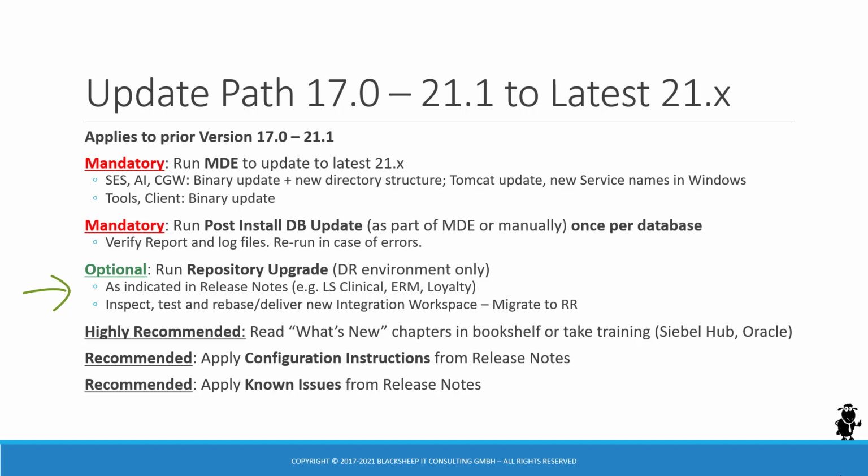And if you intend to use any of those new features, which include schema changes, repository changes, etc., then you run the repository upgrade manually, and it will create a new integration workspace, which you have to inspect and test